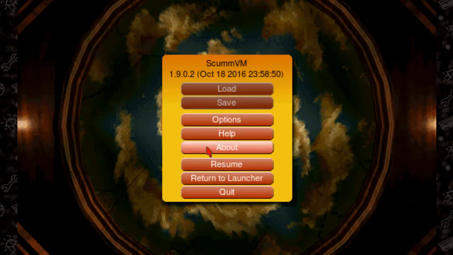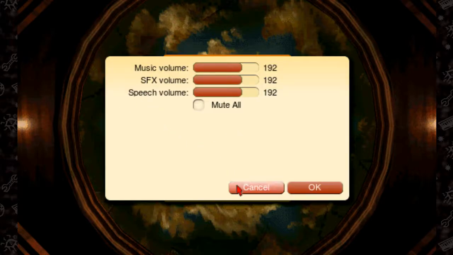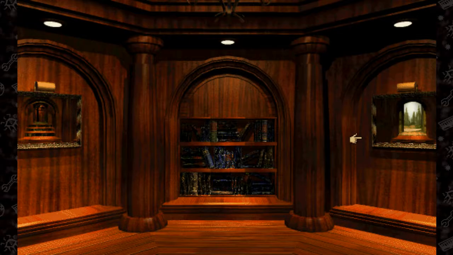Alright, one more thing. I'm going to see if I can change the resolution on this. Make it a bit bigger for me, because I have a bit of a hard time reading when it's as tiny as the native resolution. Nope, just volume options. That's fine. We made it through the first part of the game just with the resolution like this, so we should be